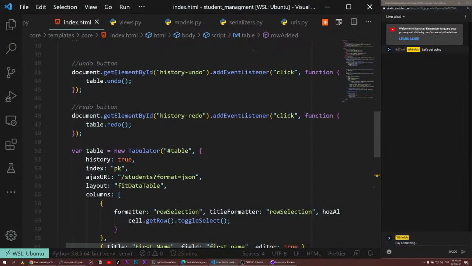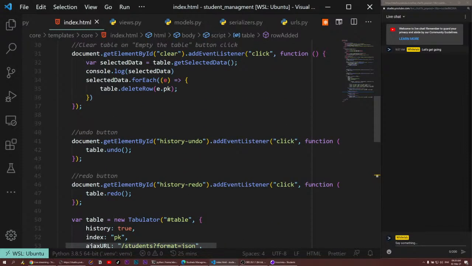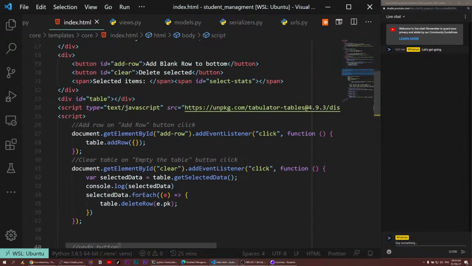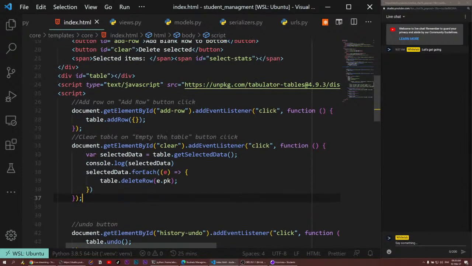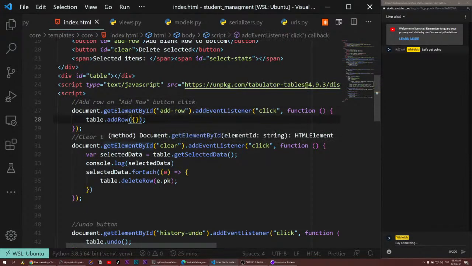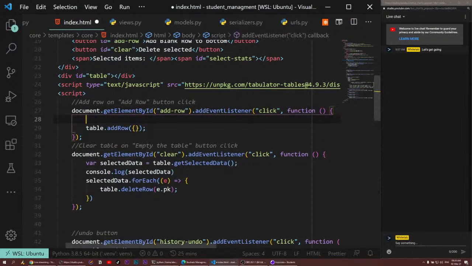Let's see what we're gonna do. The undo and redo, we may disable those because I'm not sure how we can implement them. Maybe we can delay the effect, but it wouldn't be practical. So for the add row here, what we would do is